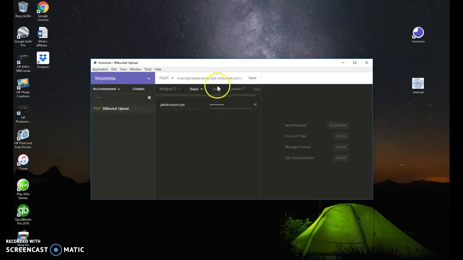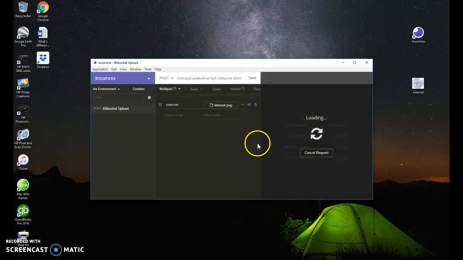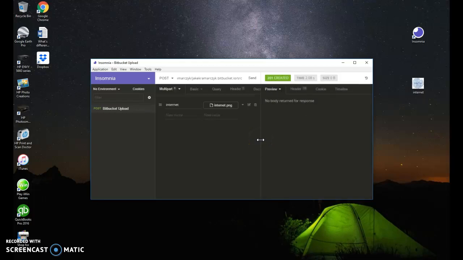And then we are going to make sure everything looks correct. Everything does look correct. The address looks correct. Okay, we are going to send this request. 1.2 seconds. Alright, so this was created, took 2.08 seconds, size 0 byte, and it was created and succeeded. Okay, so now that this looks correct and everything, there were no error messages kicked back to us, we are